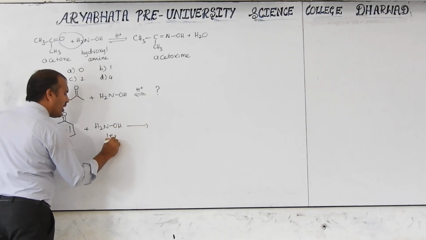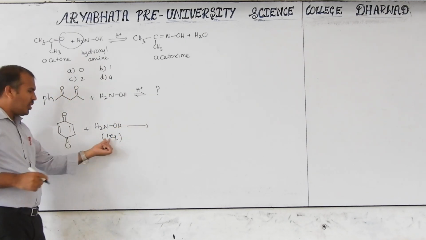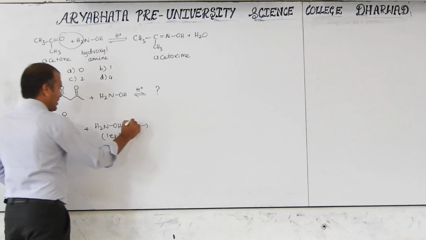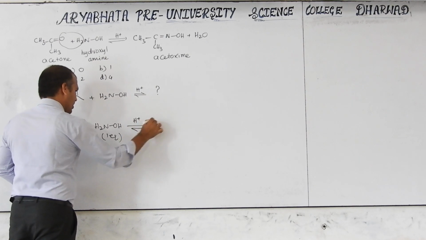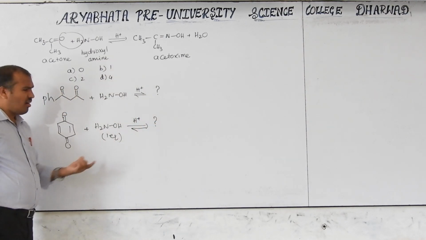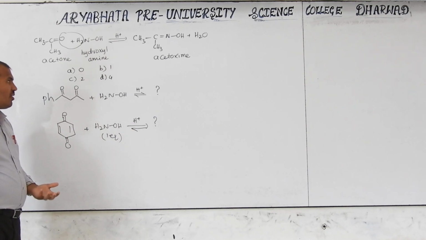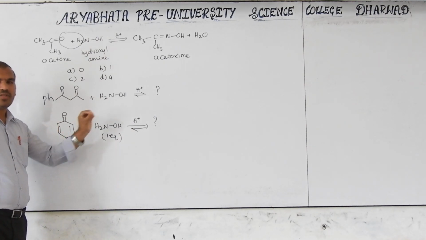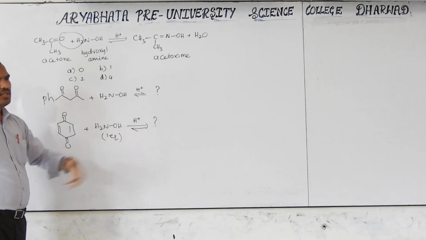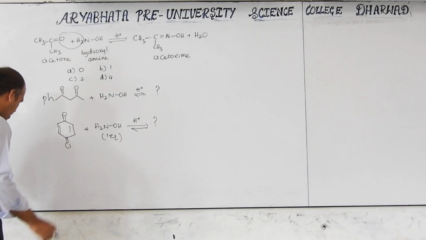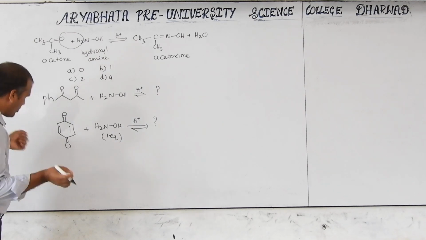One equivalent. One more molecule is considered here, in acidic medium. What is the product formed? These are questions; don't think of them at a very concrete level. We know that an aldehyde or ketone reacts with hydroxylamine. What is the product formed? Any ketone we can take here, not only acetaldehyde but also a ketone, which we call acetone.